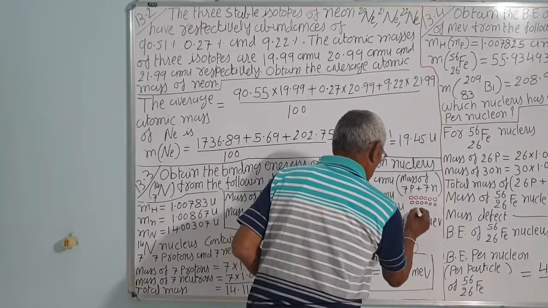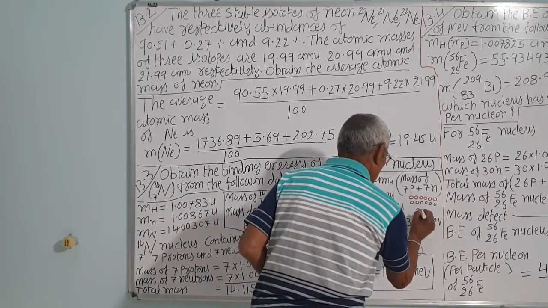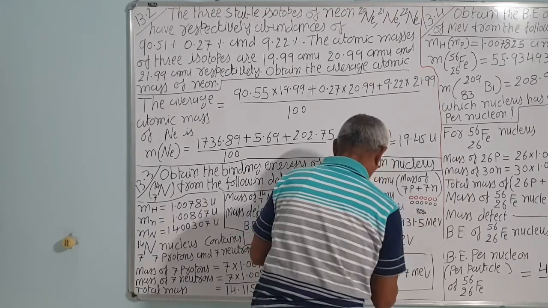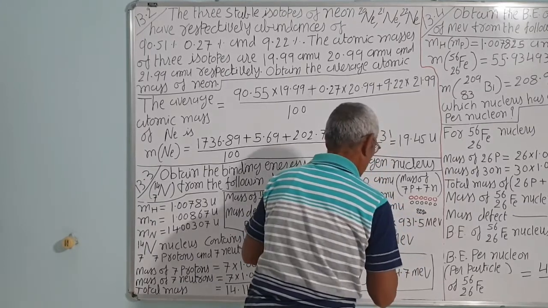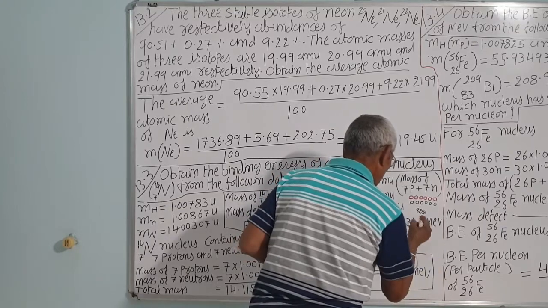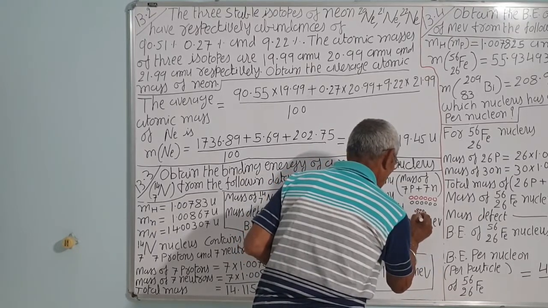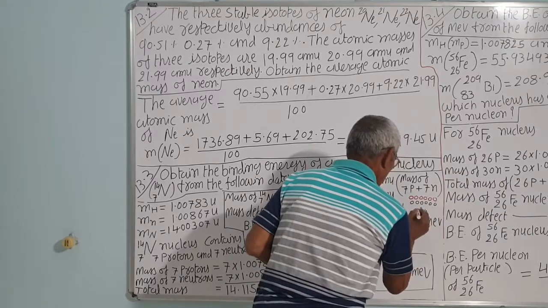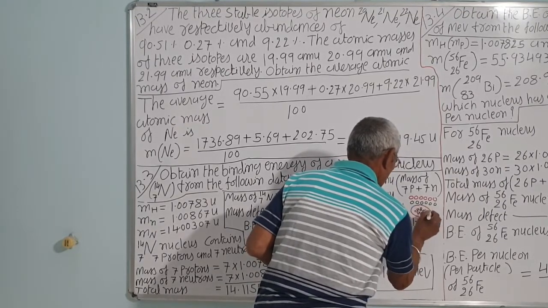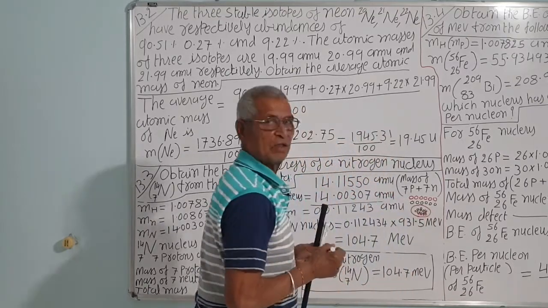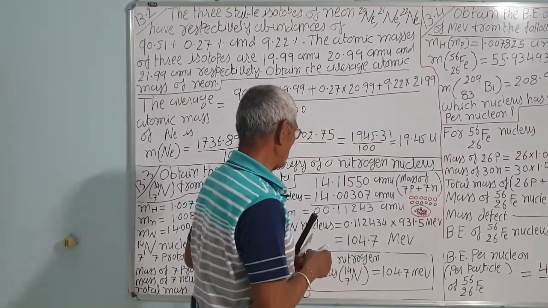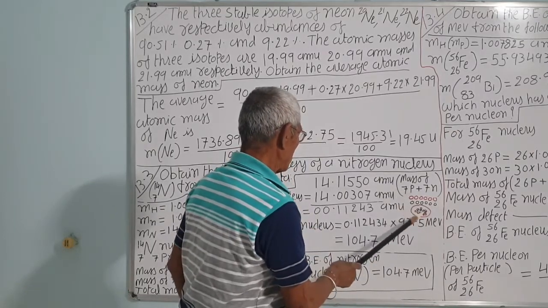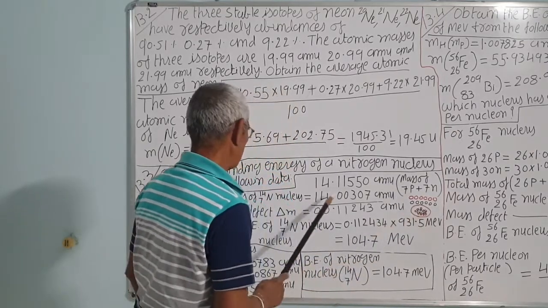But when you put them together in the nucleus, then in the nucleus some mass converts into energy to bind them together. So the mass of this nitrogen nucleus or nitrogen atom is less,